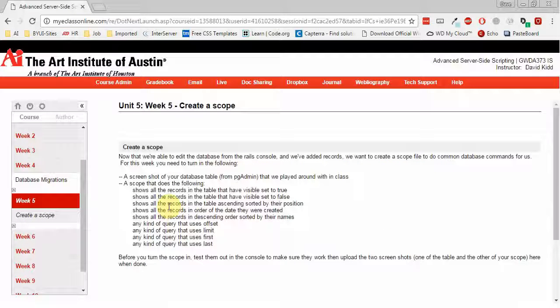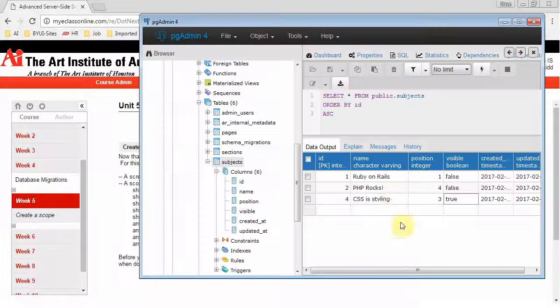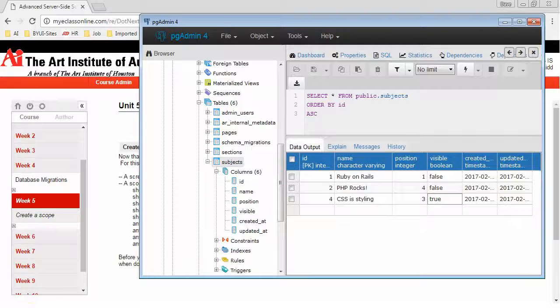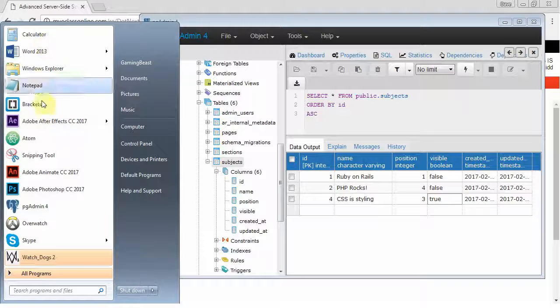So for this week, what I'm going to need is a screenshot of your database table. I just want to see your table and all your stuff in here, all the different things you're playing around with and what you put in here. All you've got to do is grab the snipping tool